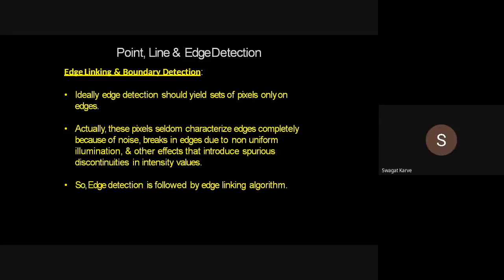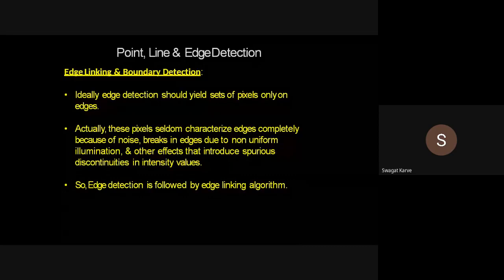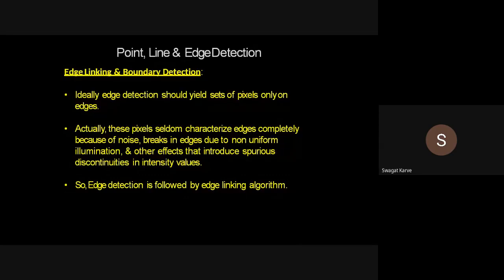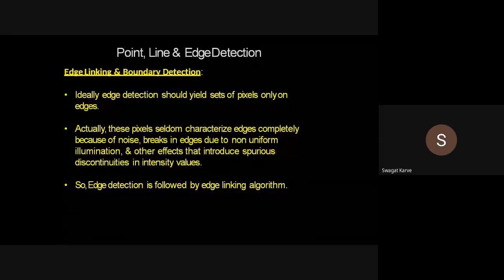Yes, sir. Okay, so this is about the edge detection part. You have to remember the one thing only: an edge can be of step type, it can be of roof type, or it can be of ramp type. The thickness of the edge is determined by the length of the ramp. How much the length of the ramp is, that is the thickness of that edge. The length also determines the slope, and the shape is determined by the degree of blurring.